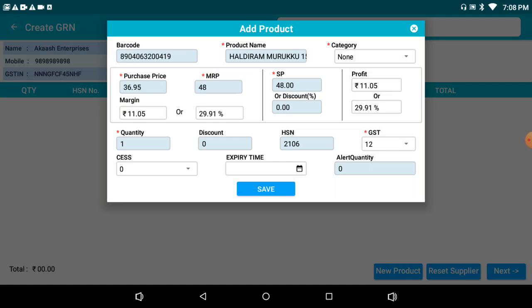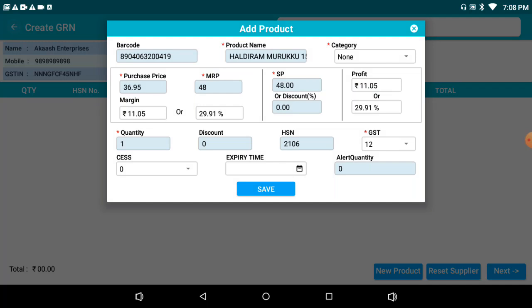So we provide a list of like 70,000 products to our shopkeepers. That is the master data we provide to the shopkeepers, and whenever any barcode is scanned by any shopkeeper or by any employee of any shopkeeper, this is the process which is basically followed. At first, the system searches for the barcode in the shop's database. If it finds it, then it fetches the details. Else it looks for that barcode in our master database.